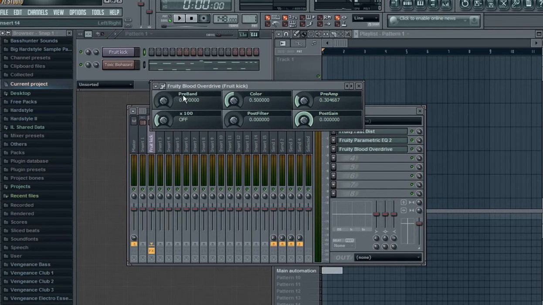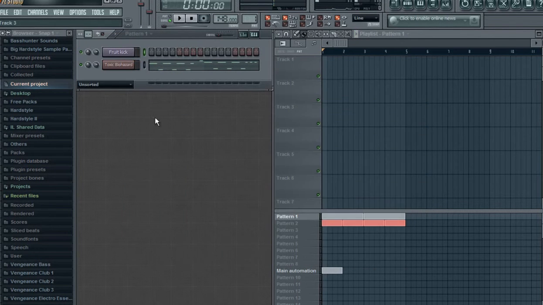I leave everything the same and fiddle around with preamp. You don't want anything over 4 because it'll do what I did. If you do get that, like listen. See, if you get that effect where it just goes over your entire sound, just turn it down a little bit. See, it already sounds good. Not really, but